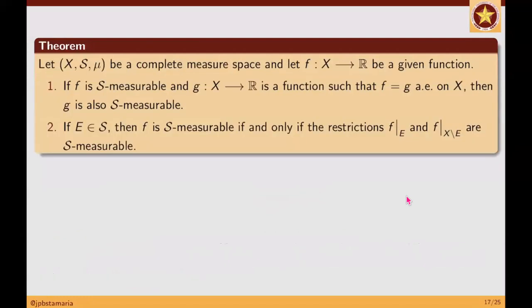Okay. So these are the completeness-sensitive results. When we say completeness-sensitive results, they hold only because the space is complete. Otherwise, they do not necessarily hold. So what is number one? If a function f is S-measurable, and there is a function g which is equal to f almost everywhere,